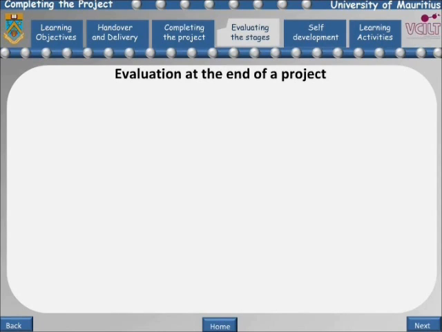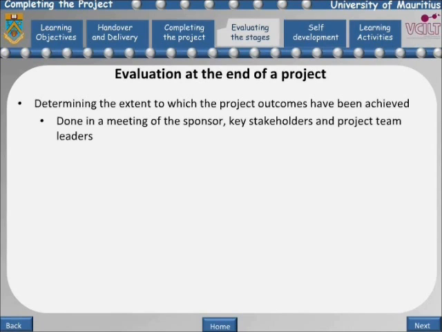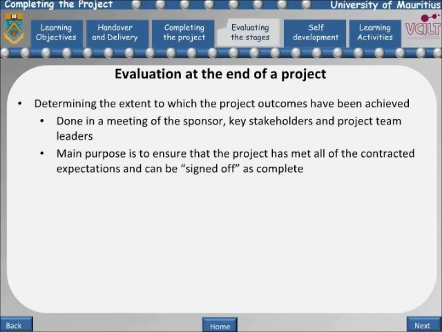Different types of evaluation may take place at the end of a project. A common one is determining the extent to which the project outcomes have been achieved. This is often done in a meeting of the sponsor, key stakeholders, and project team leaders, and sometimes informed by reports from key perspectives. An evaluation of this nature may be the final stage of the project, and the main purpose might be to ensure that the project has met all of the contracted expectations and can be signed off